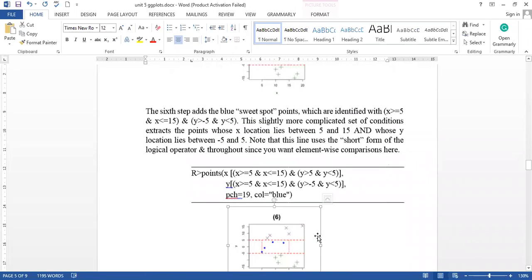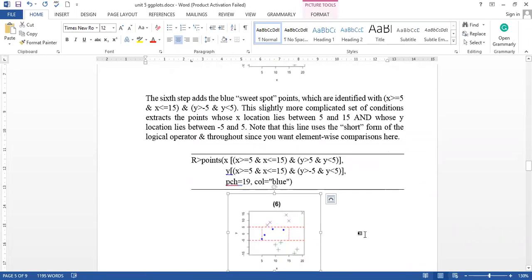Now we have one more condition where we are finding the values within a range. The y value range is minus 5 to plus 5 and the x range is 5 to 15. For that condition, we use conditional operations in which the AND condition is given. So to find out the x value, we have given the x condition and the y condition, and to find out the y coordinates, we have also given the same condition.